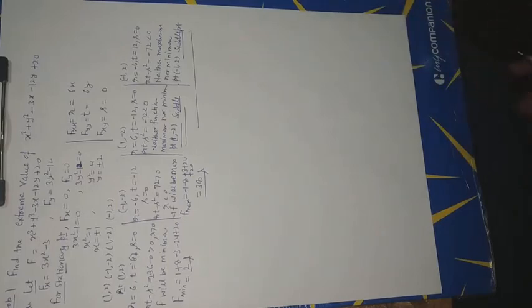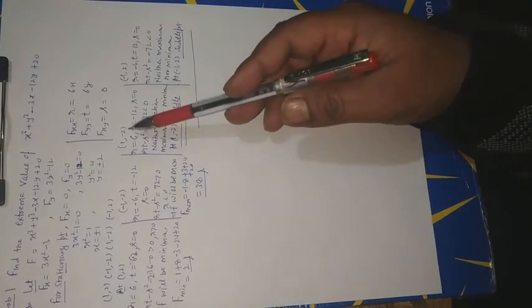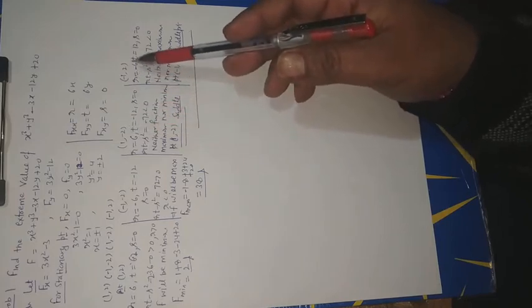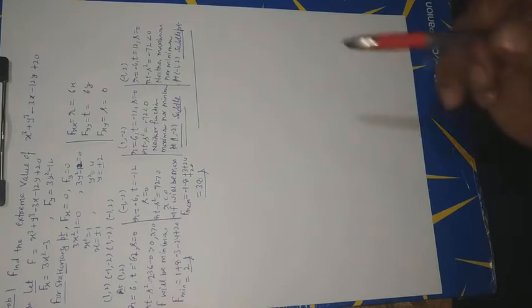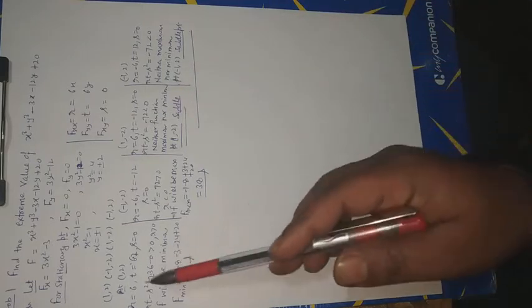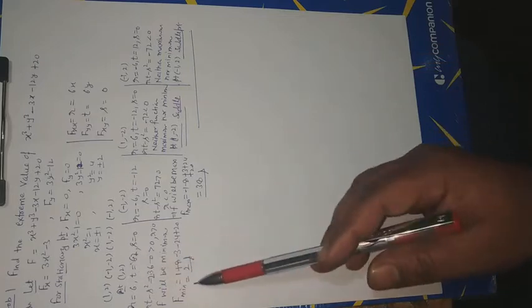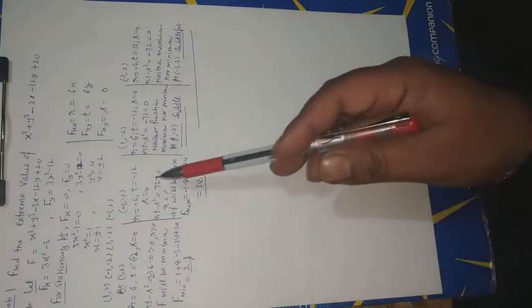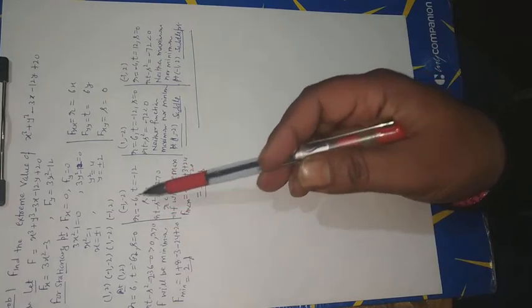Therefore there are 2 points, (1, -2) and (-1, 2), which are saddle points, because we know that a saddle point is where the function is neither maximum nor minimum. At point (1, 2) the function has a minimum value, this is 2, and the function has a maximum value at (-1, -2), this is equal to 38. Okay student, this is the complete solution of the given problem.